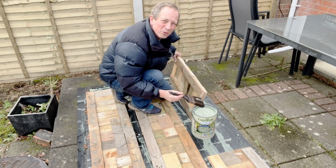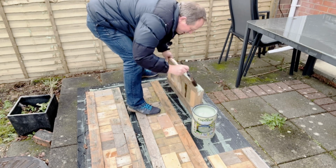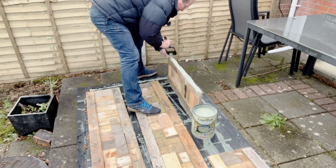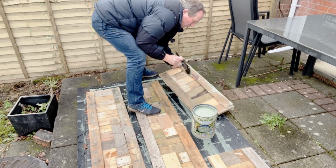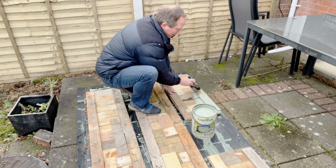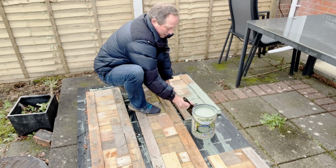What you'll find is pallet wood tends to be very dry, and it will take quite a lot of stain when you're doing it, so be generous with it. I'm using here Cuprinol Shades wood stain. Its colour is willow because I think it goes quite nicely with the bark down at the allotment, but you could use anything you like, or you could use linseed oil if you want to just keep the natural wood look, which we might end up doing on one of the beds,